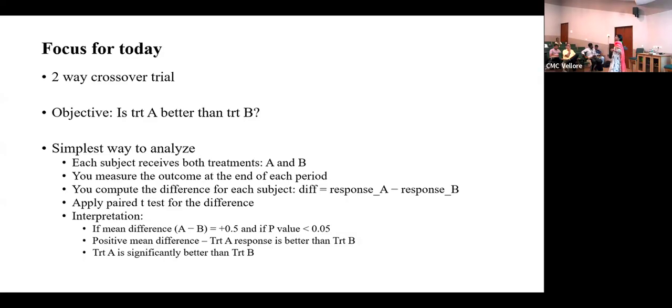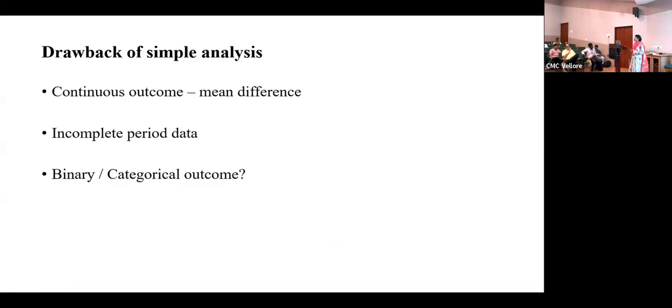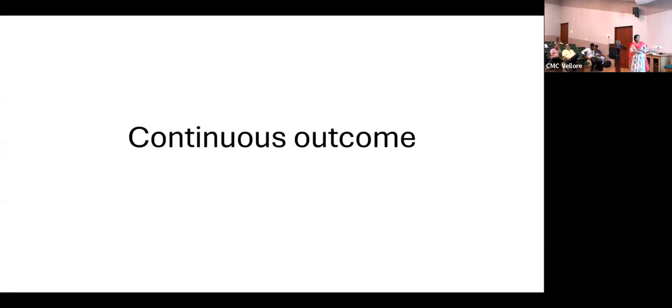So therefore, to make things simpler, but a little complicated also. That's why I always say that you need a statistician. So now, what is the other way to do it? I'm going to give you a method where the outcome can be continuous, categorical, binary, ordinal, anything. This method can be used, and this is also one of the CONSORT guidelines that has been recommended. So what we are doing is,